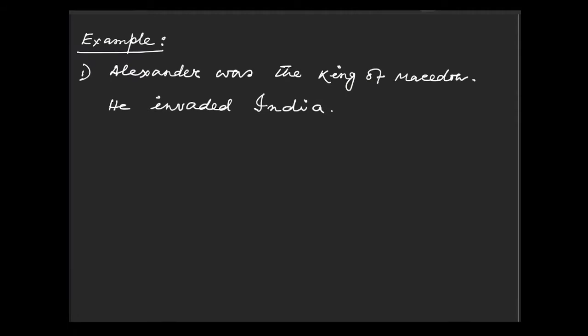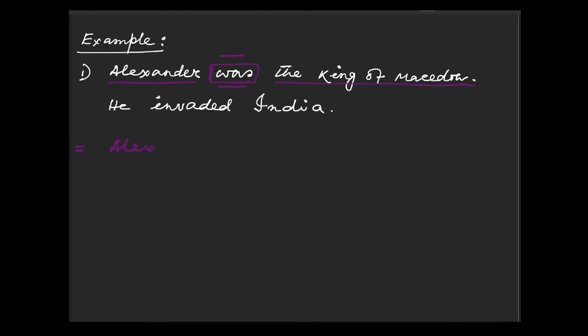Alexander was the king of Macedon. He invaded India. Here see, Alexander, the king of Macedon. The king of Macedon is actually the complement of the subject, and this one is the copulative verb, that means connecting verb. So Alexander and the king of Macedon, they are actually equal. Okay, so we will write the sentence this way: